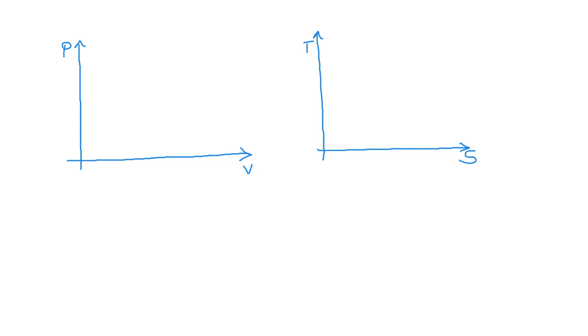Process 1 to 2 is isentropic compression. So compression goes like this. We should draw the isentropic compression curve from 1 to 2 like this. If we see in the TS diagram, as the process is isentropic, we will get a vertical line like this